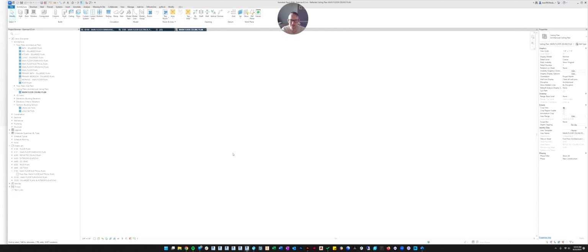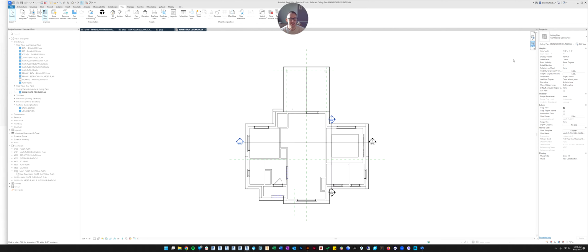Or if it's off screen, the best way to find it is there's a command called zoom extents. To be honest, I always forget where this command is because I have keyboard shortcuts for all this. But if you look over here in your view, there's these little view controls. If you do this drop-down menu, there's something called zoom to fit or zoom all. Either one will do this. So click on that, and it'll automatically zoom so that all the model elements fit in the center of your screen. If you ever have to do that, that's where I go.